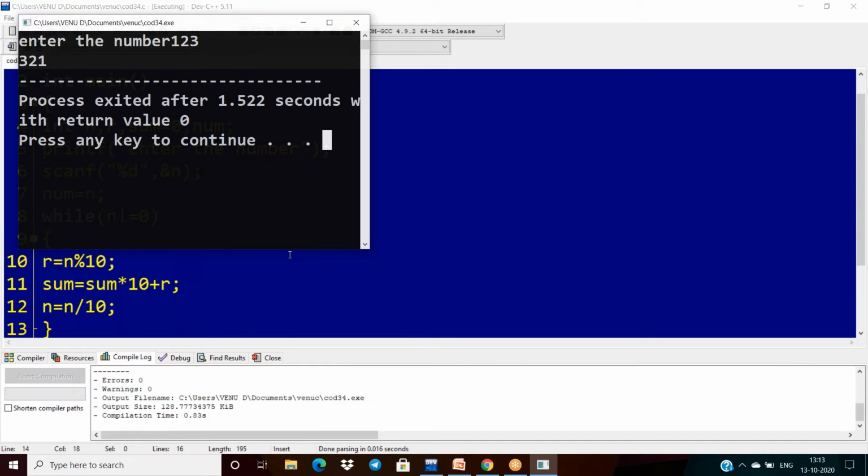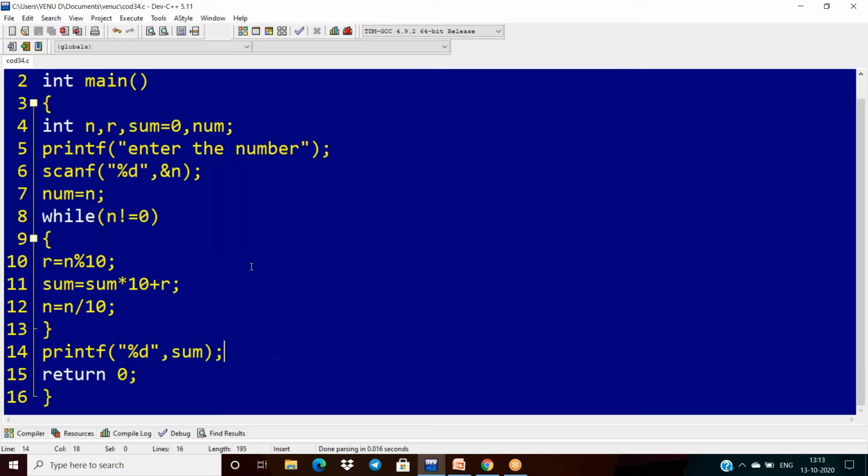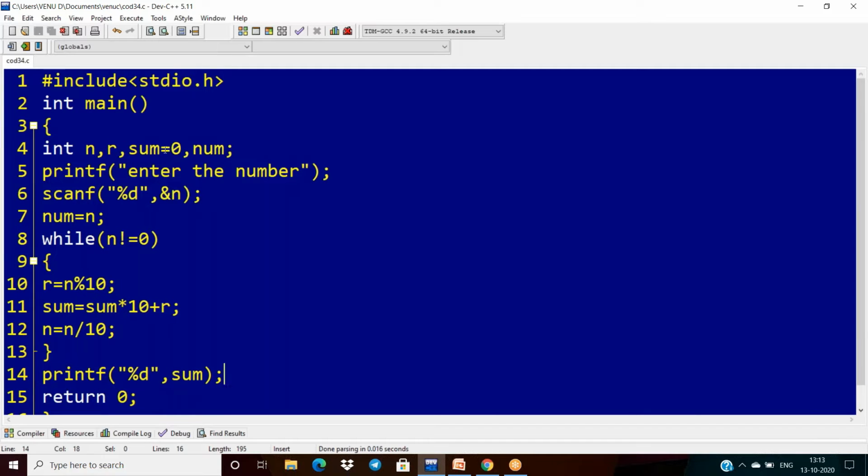So I'm giving 123, then I'm getting 321. Okay, anyway I have to take a variable related to the code, so that is why I'm assuming this is reverse. Now I'm taking reverse and print the reverse.